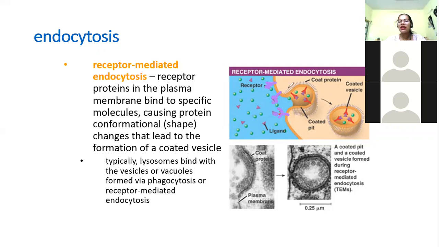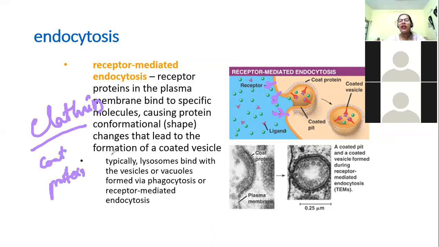So now it gives a signal, and the coat protein, over here it is clathrin, will go and bind to the vesicle forming plasma membrane. So what will happen? Finally, the coat is there and the vesicle is formed. Now this will pinch off from here and it will be taken inside, where it will fuse with the Golgi or lysosome depending on the signal. Okay, so this is how the receptor mediated endocytosis takes place.